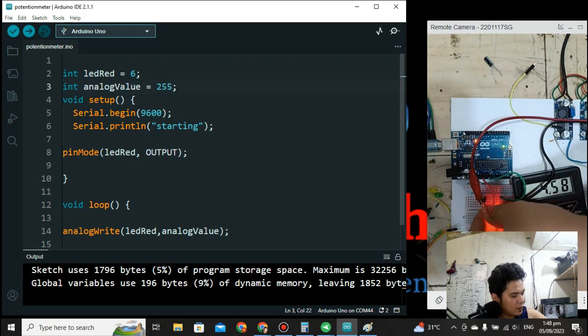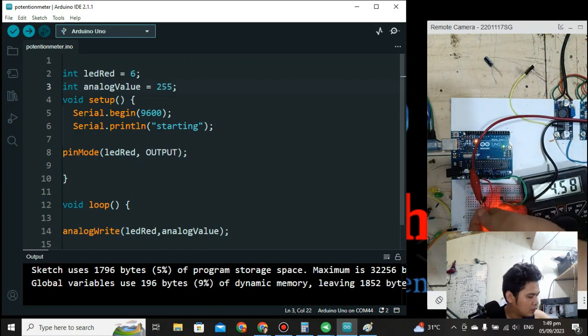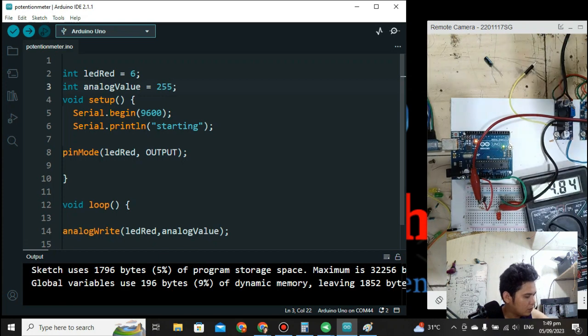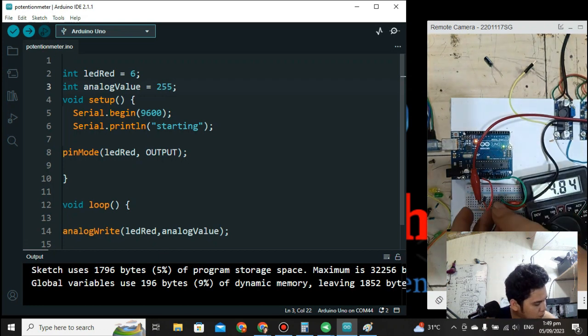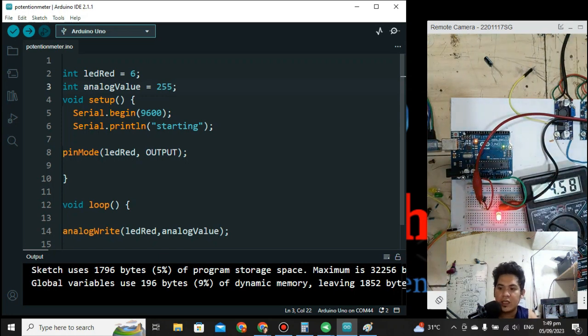So, if I remove this LED, ground na lang kayo na. So, if I remove this one of the leg of the resistor, tignan natin kung magbabago. Ayun, naging 4.84 na siya. So, malaki yung voltage drop niya kasi mahina lang yung power source natin, which is yung PC natin. Okay. So now,